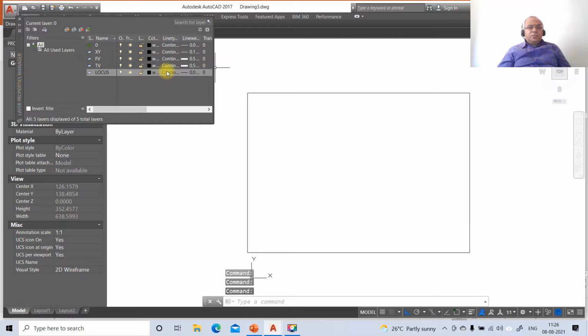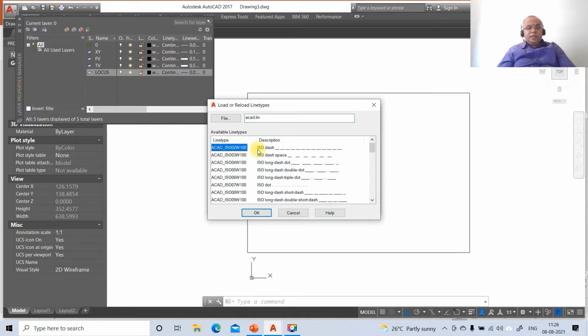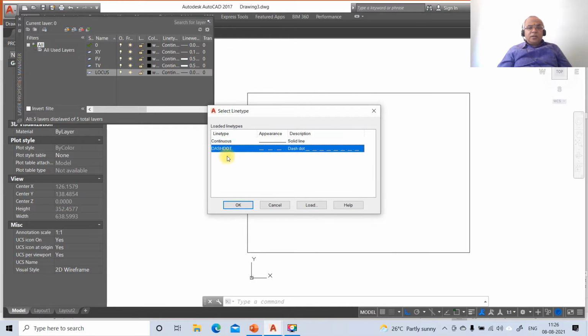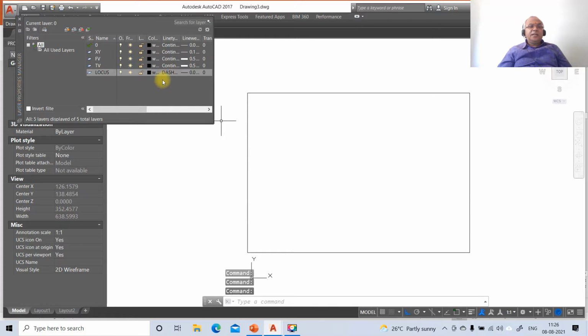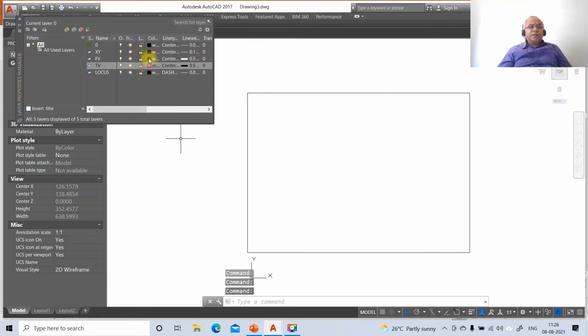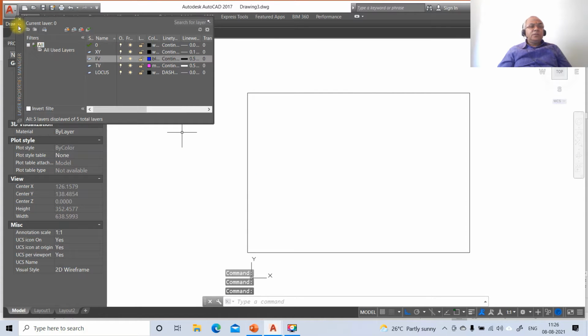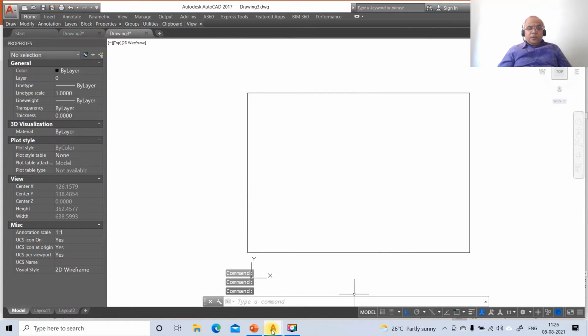Then come down to the locus layer, line type continuous, click on that and click on load, select the available line type dash dot and say OK, and select that dash dot and make it the current line type for the locus layer. The top view should have a magenta color, and the front view layer should have the color blue. Say OK and close. Now we will go for